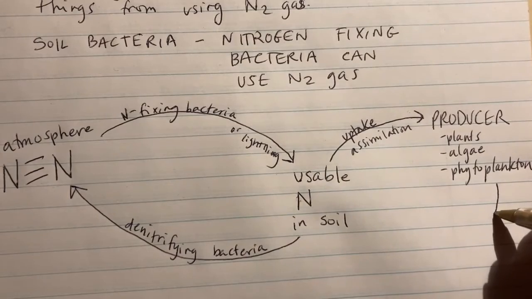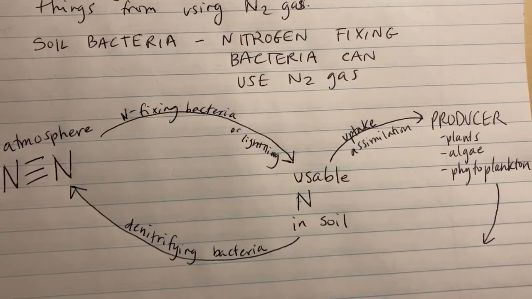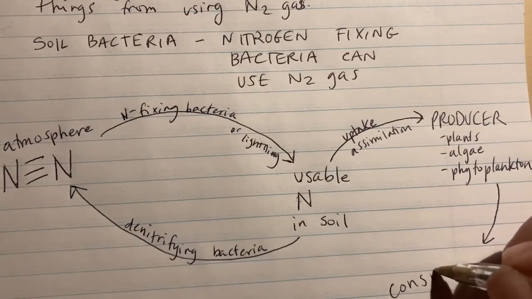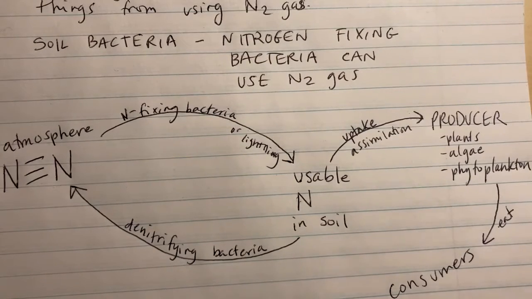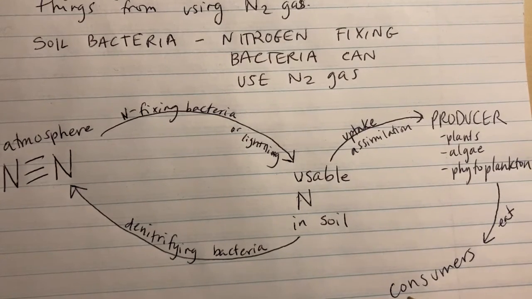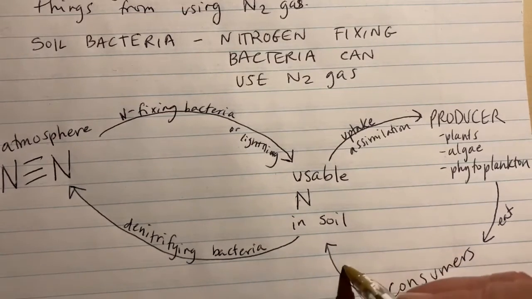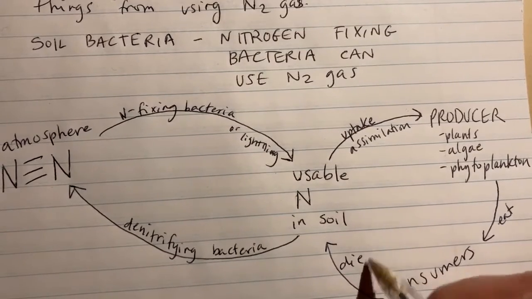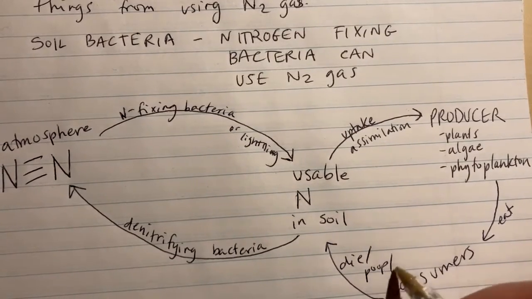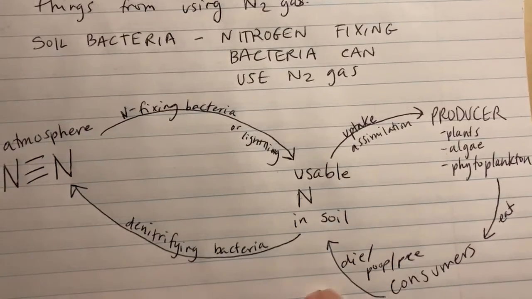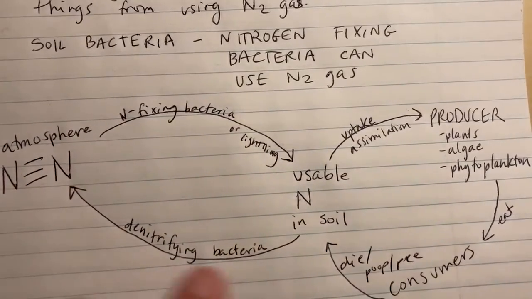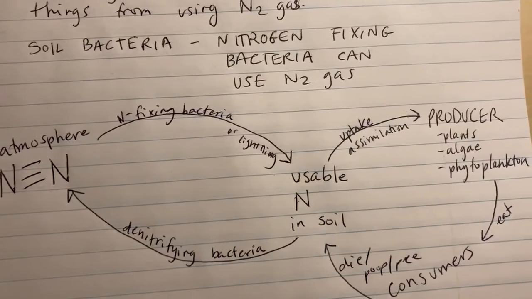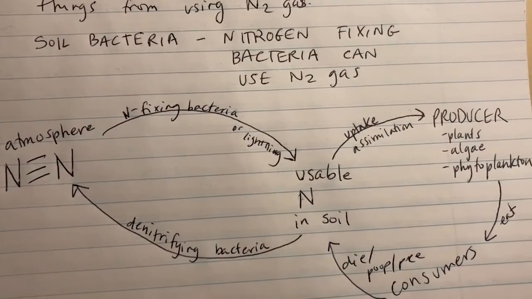Then, of course, it goes to consumers. Consumers eat the producers. And then those consumers die or poop, or pee. And the nitrogen goes back into the soil, and then it can get released back into the atmosphere by denitrifying bacteria. So I just wanted you to have all these specifics of the nitrogen cycle in your notebook